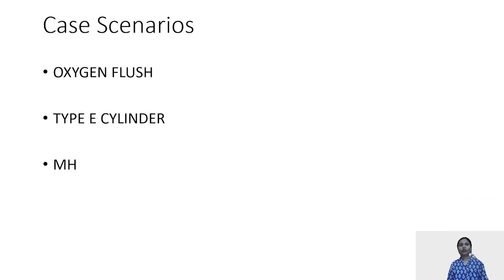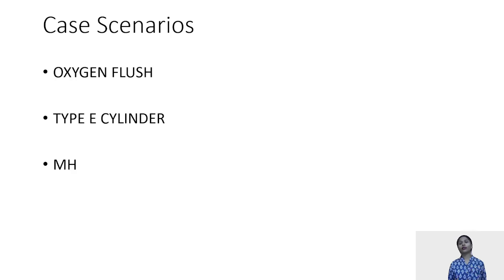These are the case scenarios which I've already told you, and we discussed a little about your oxygen flush, that a case can come in which the answer is that yes, oxygen flush has to be used in this patient. So out of them, which is the correct option for oxygen flush? Whether it delivers 35 to 75 liters, it is a part of the intermediate pressure system, it's a part of the low pressure system, it is independent of the master switch, it can cause barotrauma, etc. So you have to know about the oxygen flush.